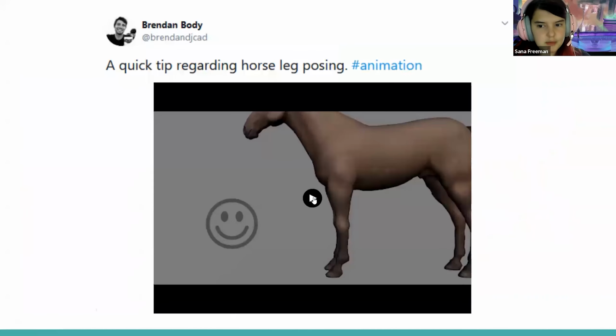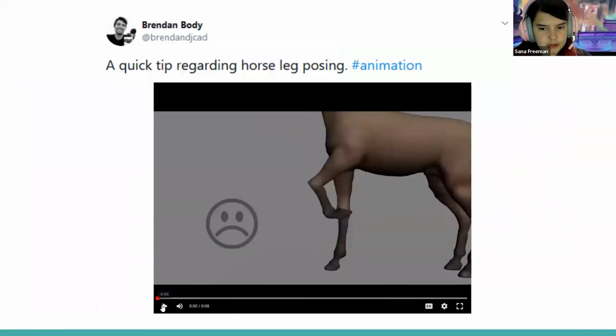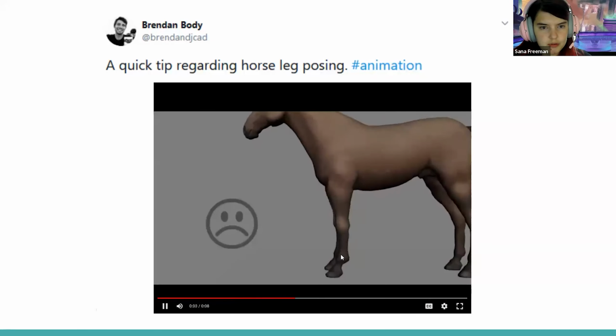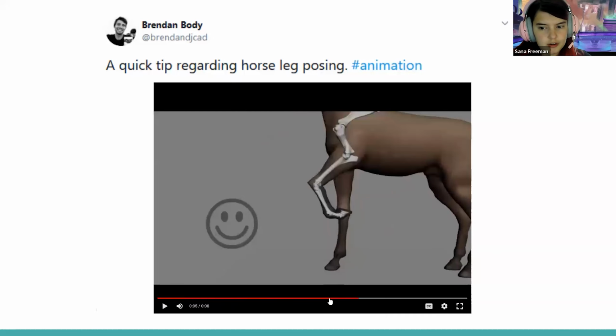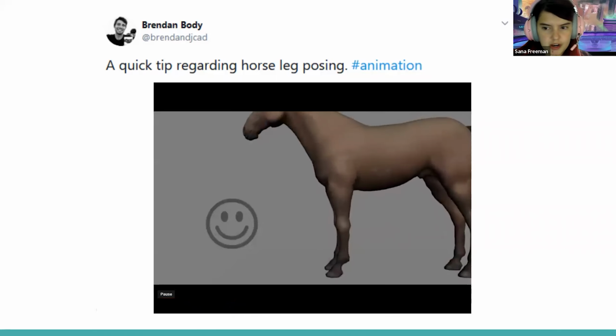I also have this other example that I really like, with the logic of the horses. Now you have a leg like this, and without doing proper research or just inspiration, you might assume when the horse hits the ground that it would bend its knees like this, because this is how a human would bend their leg, right? But really, the horse weighs many times more than a human, like 2,000 pounds.